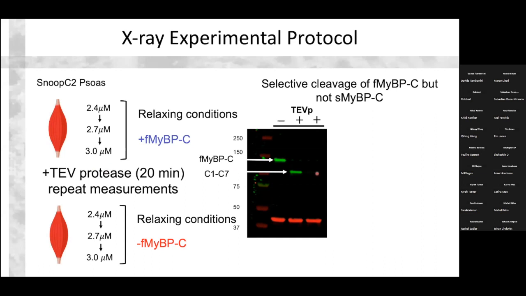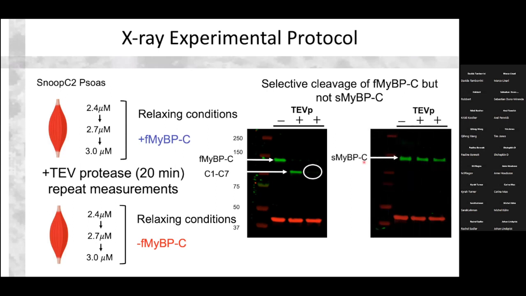And then this is a soluble piece of protein, because we can actually just rinse the muscle and the C1 through C7 fragment is removed. Conversely, if we do the same experiment with an antibody to slow skeletal muscle myosin binding protein C, what you see is that slow myosin binding protein C isn't affected by the TEV treatment in these mice. So they would be in the SPY-C1 ones, which is something that we're looking forward to working with.